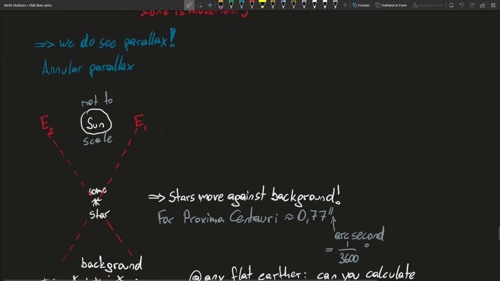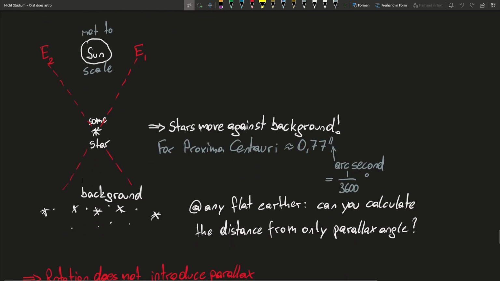Obviously not to scale, let's say you have the sun here, and as Earth orbits around the sun, one time the Earth will be here, the other time Earth will be here, and we see the same star, some random star, change against the background of stars that are a lot further away. Of course, these stars will also have a tiny amount of parallax, but the cool thing here is, if we don't measure them as having any parallax, they are so far away that our instrument cannot pick it up, and it would not make any difference if they were close-ish and we just can't measure it, or if they are actually infinitely far away. So for calculation purposes, we can say some star moves with respect to the background,